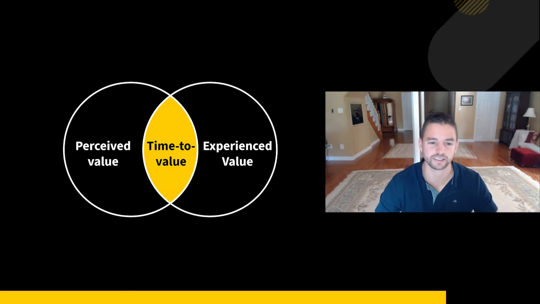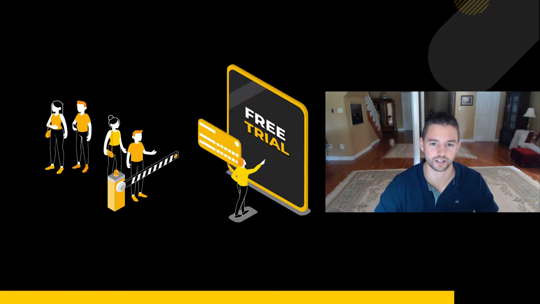We promise someone something on the left, the perceived value, and then in between, the time to experiencing the value of the product takes a really long time. That's often because a lot of companies don't quite think about the time it takes for someone to get value out of the product. We just assume, hey, the user can figure it out, they're smart. Well, they might be smart, but they don't quite know how to get value out of your product, because although it might be very apparent and easy for you to use, since maybe you built it, it's hard for others. And this experience gets in the way of helping people understand how they can get value out of your product.